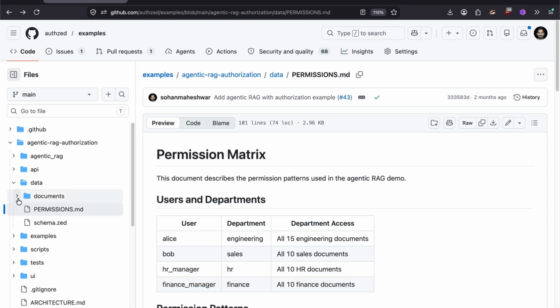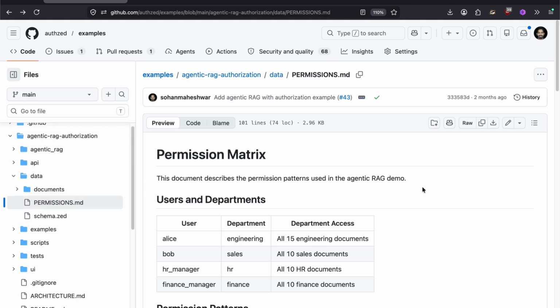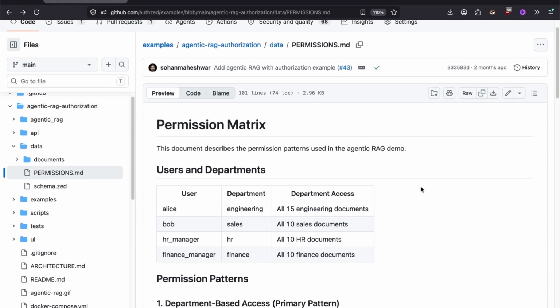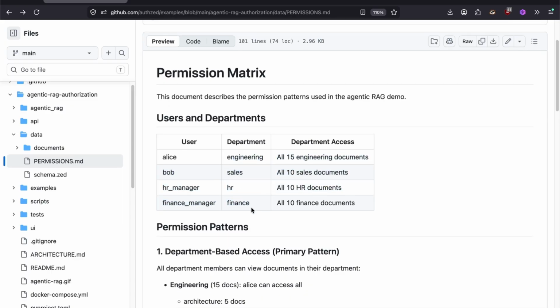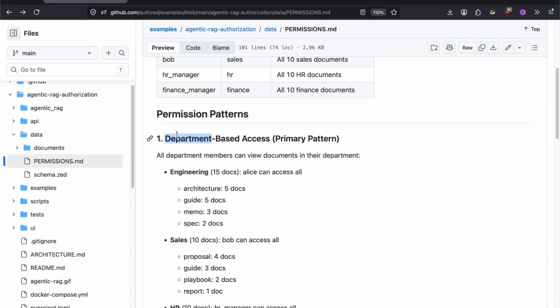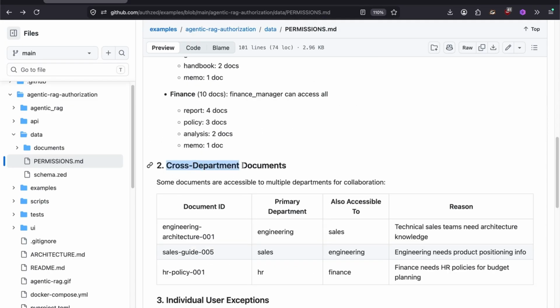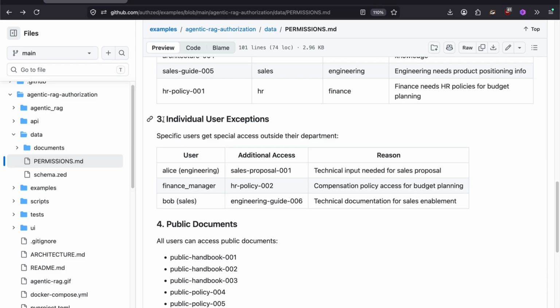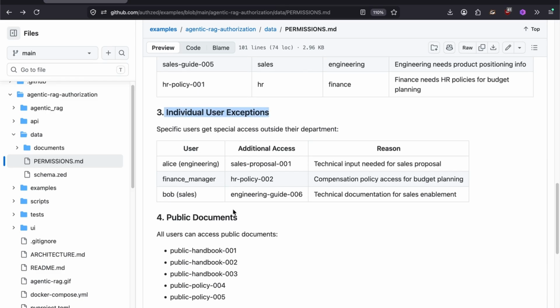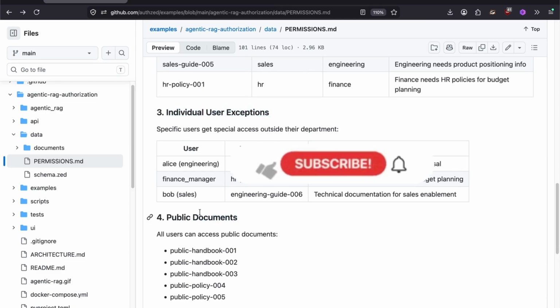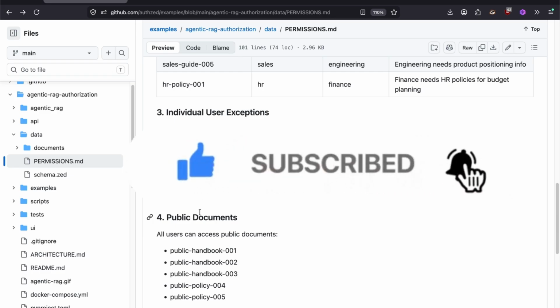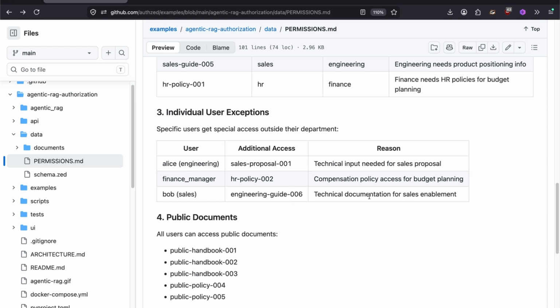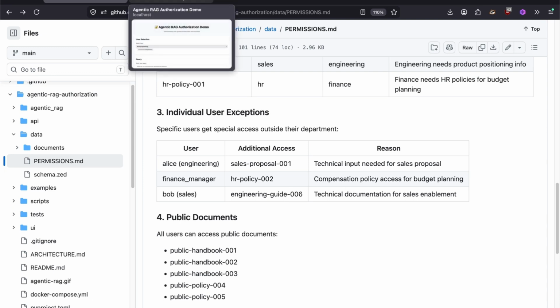So say we have 50 documents right here, but our permission matrix is actually kind of complicated, because you have individual users that belong to certain departments. Some documents are shared with the department. Some documents are shared cross-department. Some documents have individual user exceptions, and some documents are public. And all the queries that are sent into this RAG should only answer based on what the user is allowed to see. If you think about it, this is a fairly complex pattern, but we will actually see it in